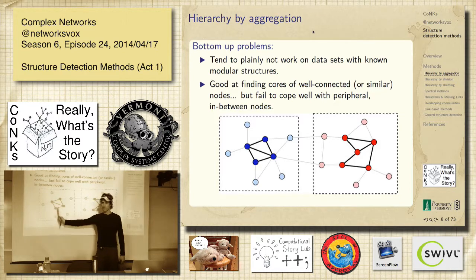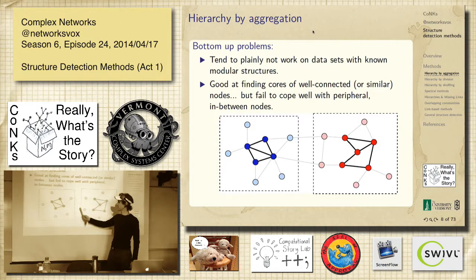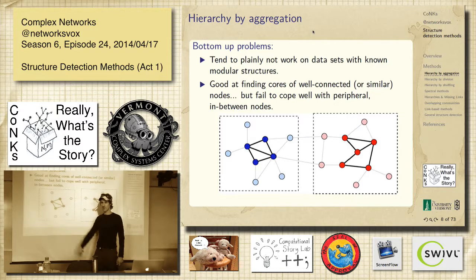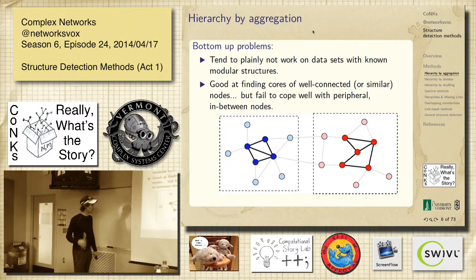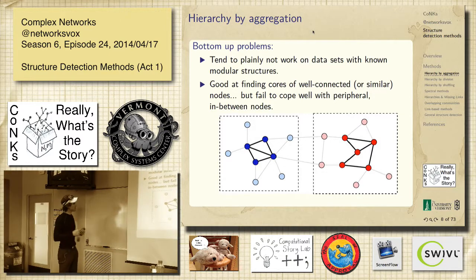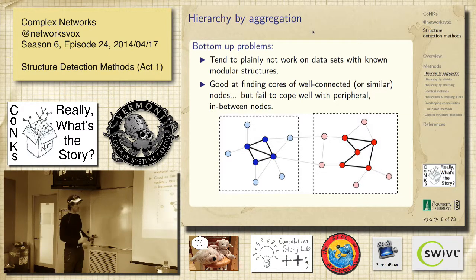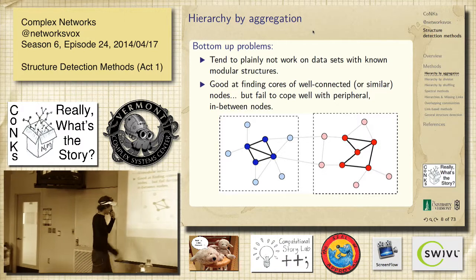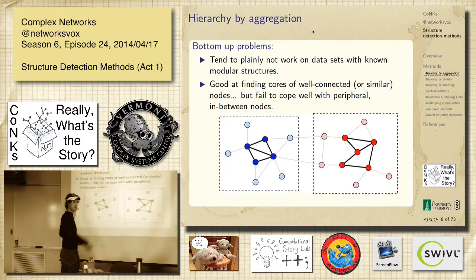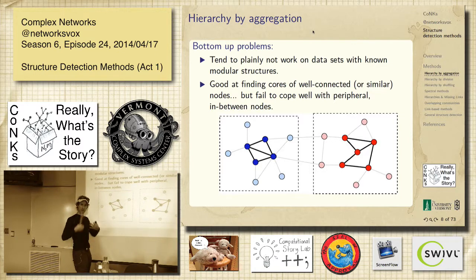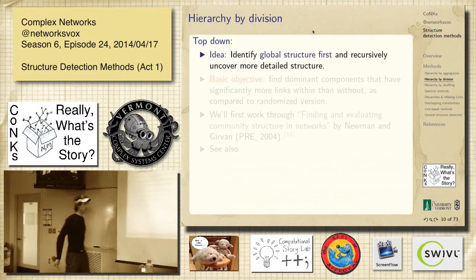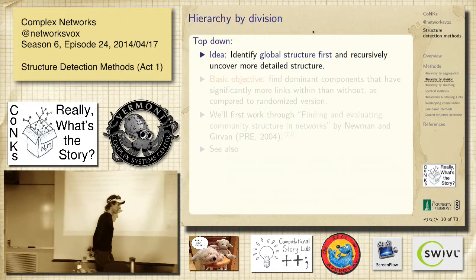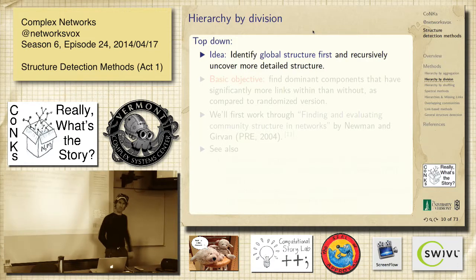It's pretty sure about these guys. But then starts to struggle with the peripheral ones. That's generally the problem with this kind of approach, and we're going to move on, but just so you have an idea, this is an aggregation approach. So it's going to fail, and this is generally hard for all of these things. It's going to fail with these ones that are kind of on the edge. So the Zachary Karate Club story, same thing. It's a tough test.